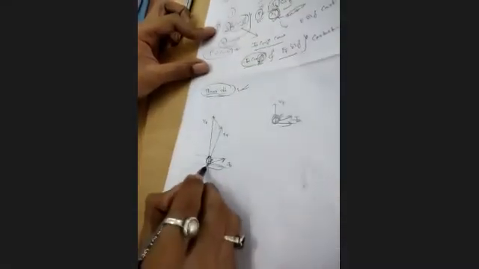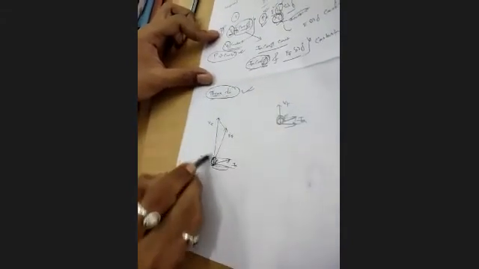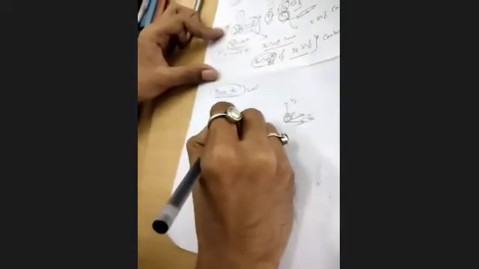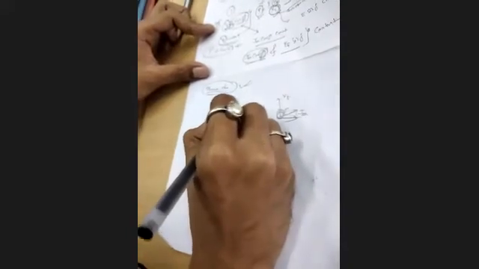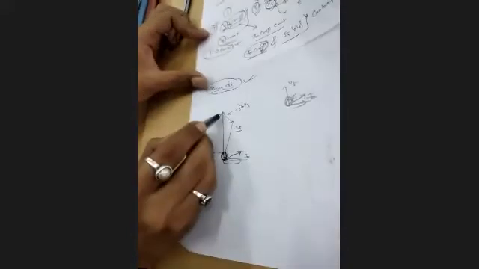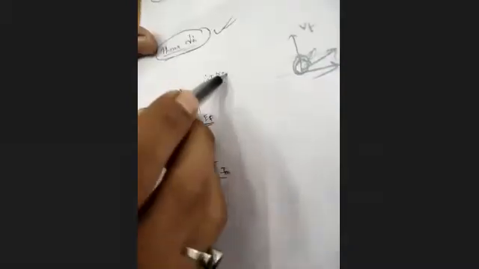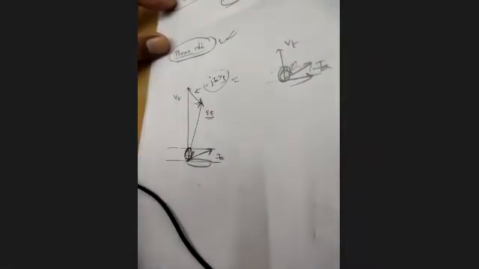This is the armature current, this is the terminal voltage, this is the excitation EMF, and this term is your reactance drop, minus jIaXs. Okay. You will study this in synchronous machine theory class. This is the terminal voltage, this is the reactance drop, and this is the excitation EMF.